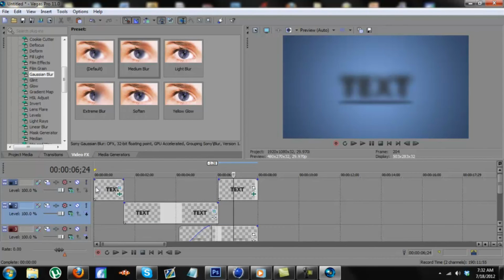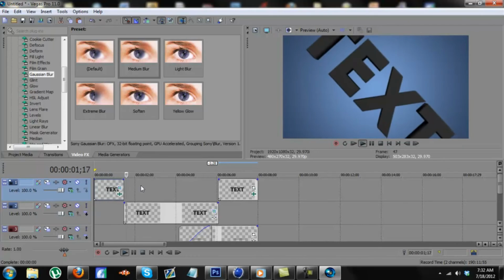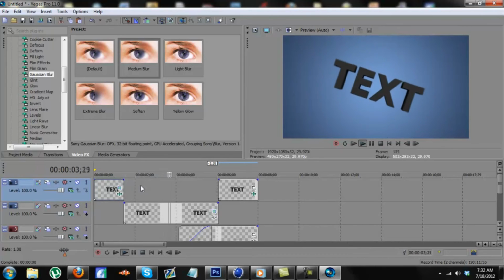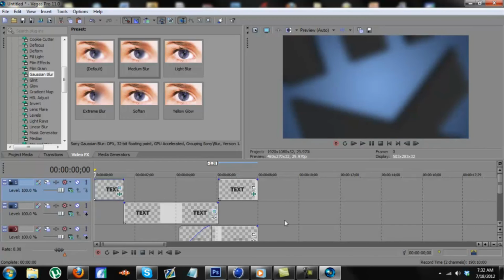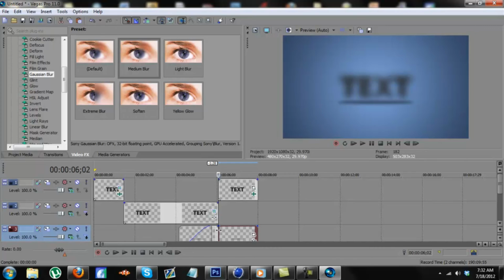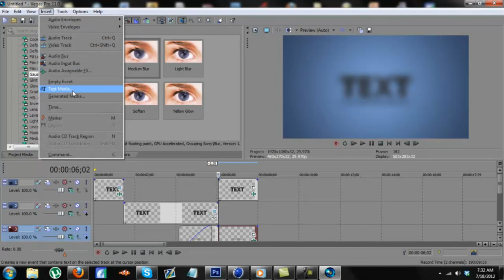Alright, here we go. Let's see what this looks like. Alright, that's looking nice so far. And I might even make a blur on this drop shadow. So just do the same thing, hit S and go to medium blur, and that's fine. Alright, for the link, what you want to do is go to Insert, Text Media,